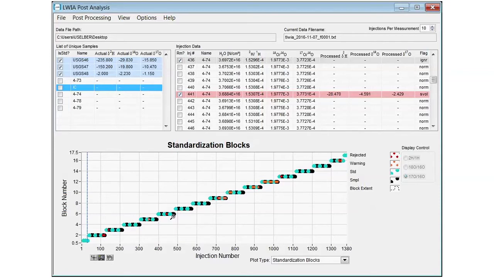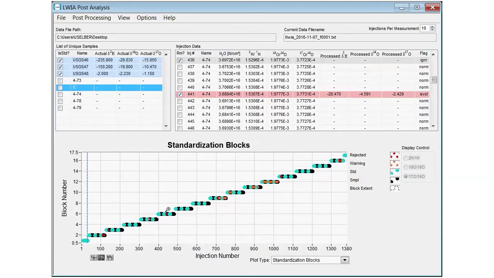So the way this standardization works is it takes this particular group, it takes this measurement of USGS 46, this measurement of 47, and that measurement of 48, creates a calibration line, takes the slope and intercept from that line, and uses that slope and intercept to adjust the values for these 3 standards and all of the samples interleaved. So one calibration curve for this entire block of samples and standards. So in this case, you see that we will have 17 standardization lines, so 17 slopes and intercepts, 1 for